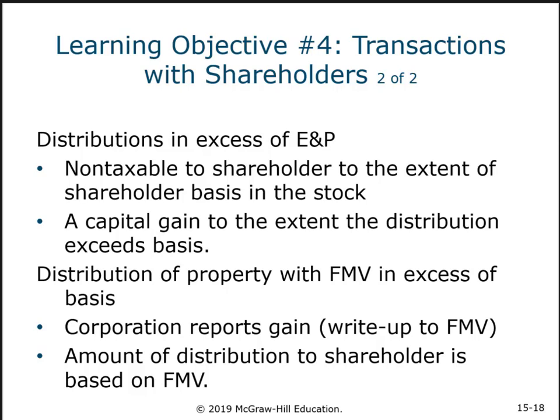Then the distribution is the fair value of the property, the $100,000, not the basis. All right, and so with that amount of distribution, we would look at that $100,000 and determine whether it was more or less than the earnings and profits, more or less than the return of the original amount they put in, and so forth, just like it was if it was cash.